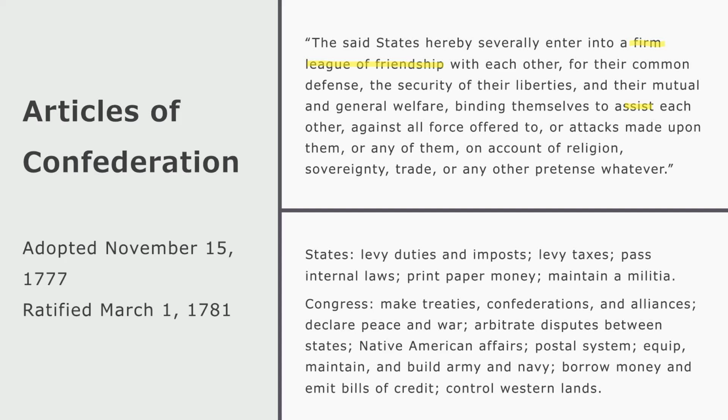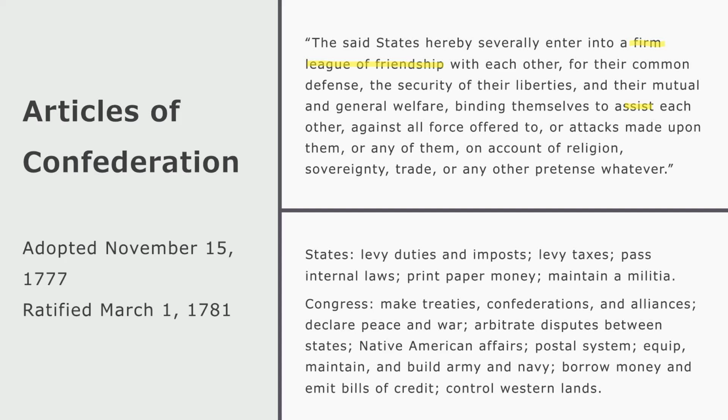So what power did the Continental Congress have? Well, it was clearly stated in the Articles that Congress only had those powers expressly delegated to it. In other words, if it was not stated in the Articles, Congress did not have that power. The powers they did possess were to make treaties, confederations, and alliances. They could declare peace and war,